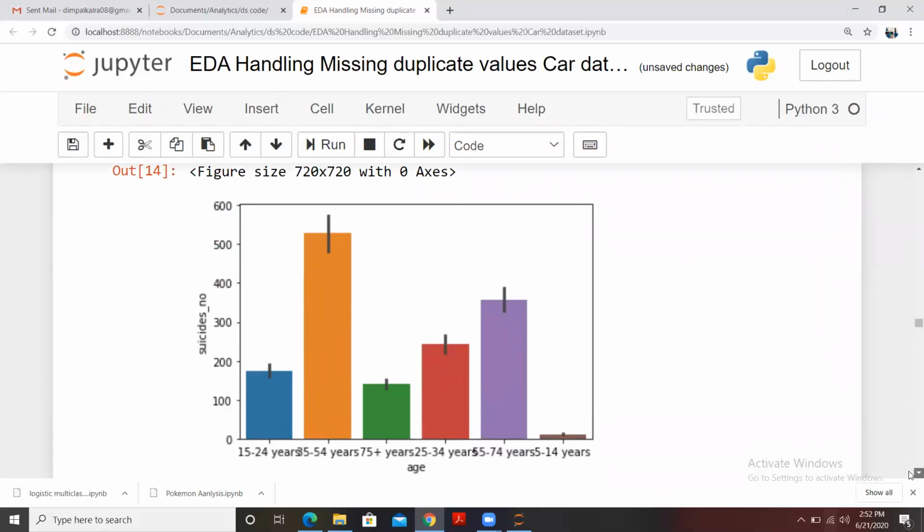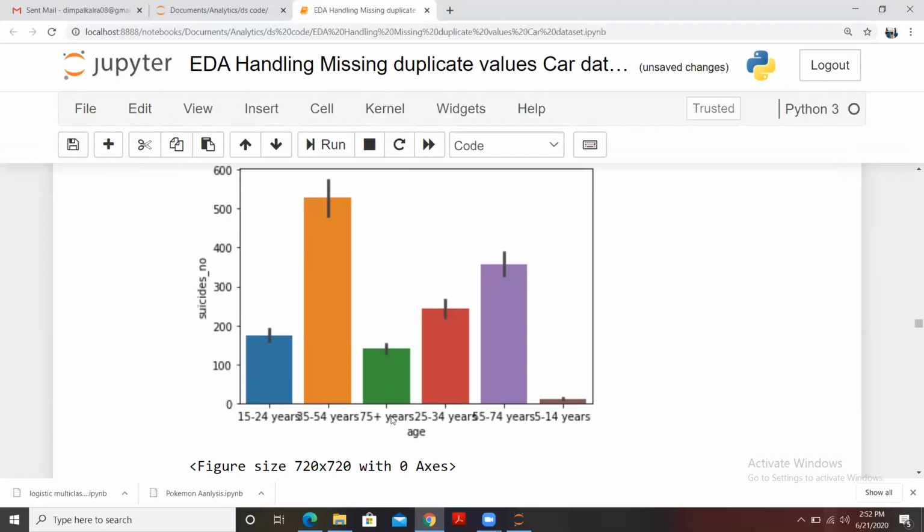So this is for 15 to 24, this is 35 to 54, this is 75 plus years, this is for 25 to 34 and 55 to 74. We have different age ranges, and based on that we can check this.